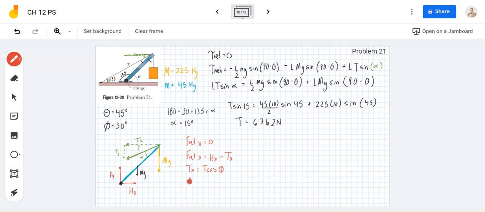So I can solve for Hx. Hx is equal to Tx, which is equal to T cosine phi. So I'm going to go 6.762 cosine 30. Handy dandy calculator. And I got 5.856 newtons. So that's the tension in the X, which is what they ask for. And then if